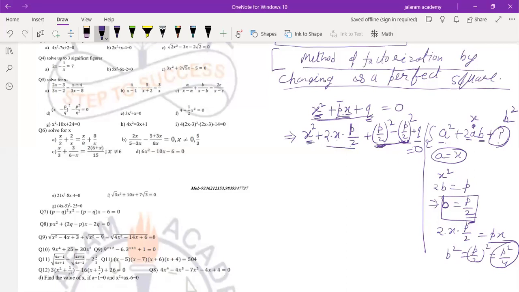So a square plus 2ab plus b square must also be there to make it a perfect square. So we have written p by 2 whole square. Now, since we have added an extra term p by 2 whole square, we have to subtract that also. So p by 2 whole square is subtracted, and q is already there in the previous line, so we must write it. Understood, everyone?